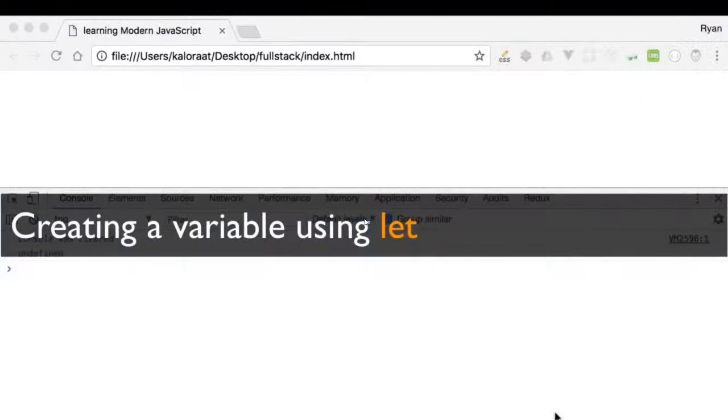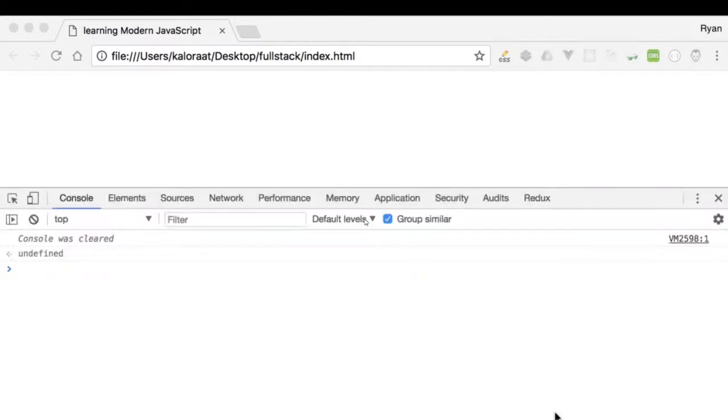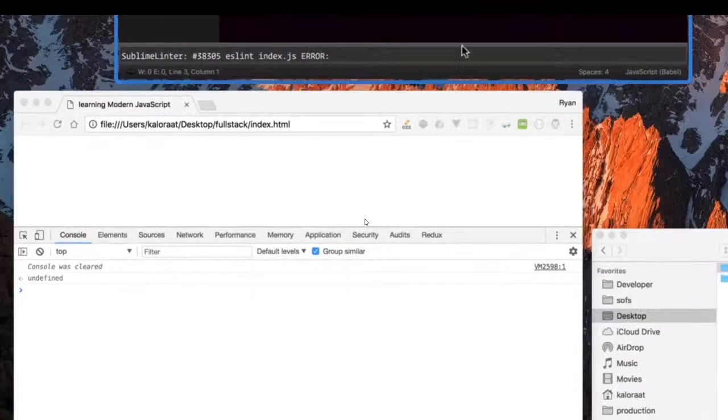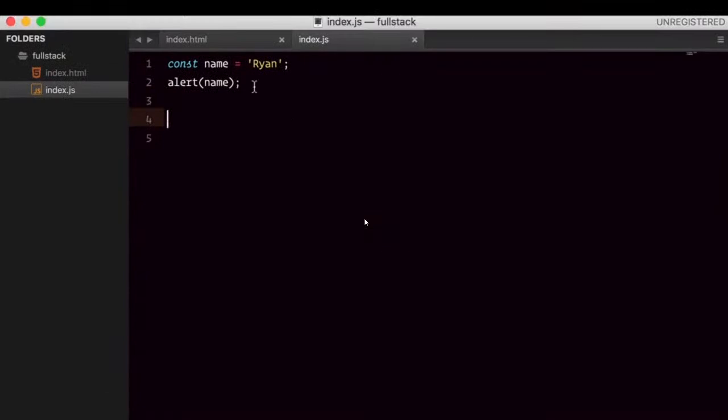In ES6, we have one more way of creating a variable, that is using let. Okay, so why would we use let? Let me show you. For example, let's say we have an if statement, so it will check if the condition is true, it will do something. Okay, so let's move this here. Let's get rid of this as well. So if the condition is true, we create a variable. Okay, let's use the